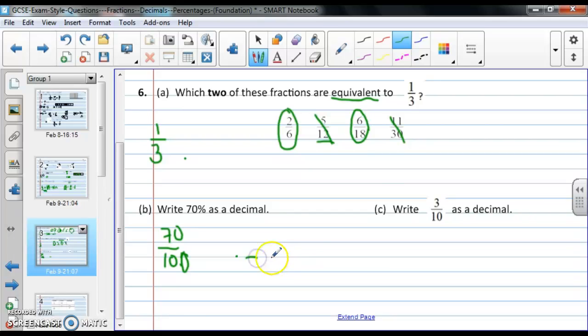So if I think about those, I've got my tenths here, and that's out of 10. I've got my hundredths here, and that's going to be out of 100. And I've got my thousandths as my last one, and that's going to be out of 1,000. So if I'm thinking about